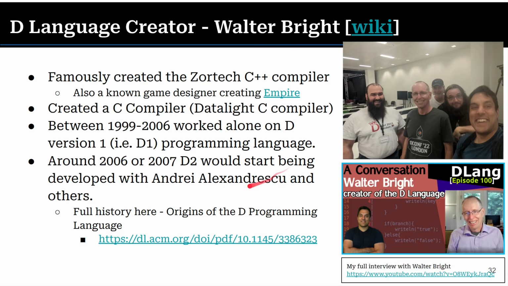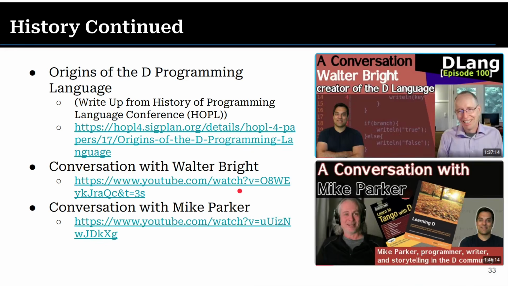And then the other person who gets a lot of credit, Andrei Alexandrescu, a big name in the C++ community, had written a few books. He was working on his own programming language, and Walter and he got together and combined forces and worked on D2, which is what we're using today, and has been the language that has been steadily improving over time. So anyways, you can learn about the history. There's me at DConf with Walter and some other folks in the D community. Mike Parker's one of the other folks, who has written some books.